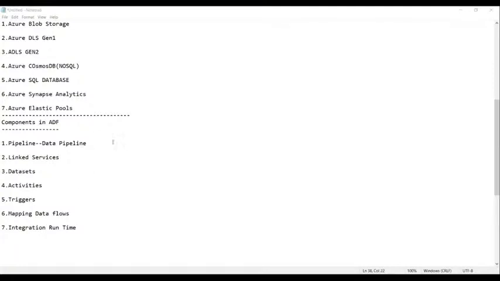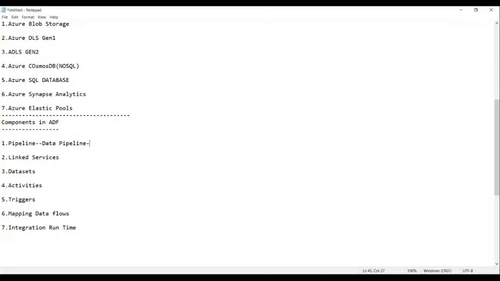So now, guys, the first and foremost one is a pipeline, which is also called a data pipeline. First of all, I will give you the technical definition of this, then I will explain it to you.